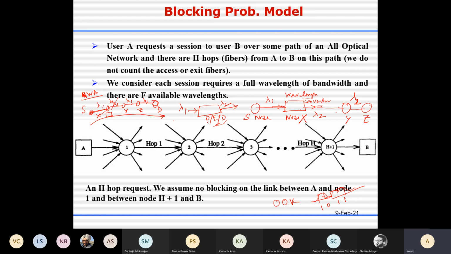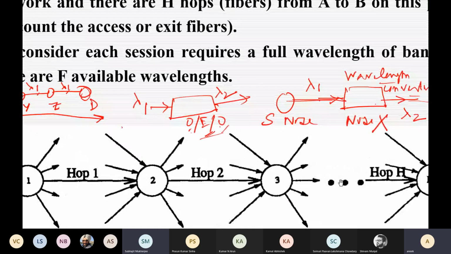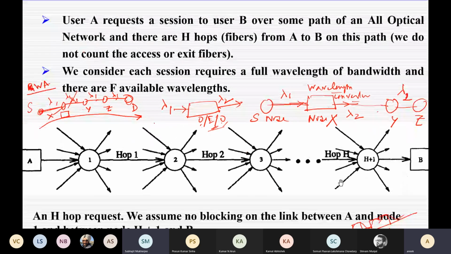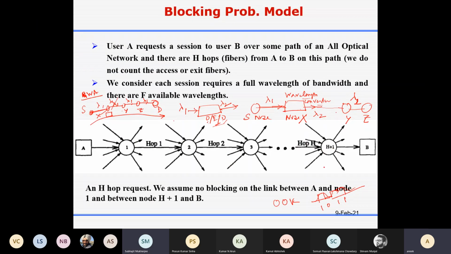Anyway, it's optical power you are getting. This optical power falls on the photodetector, then you get electrical current. Then you need a reshaping and re-amplification process in the electrical domain: you have to reshape it, retime it, re-amplify it.